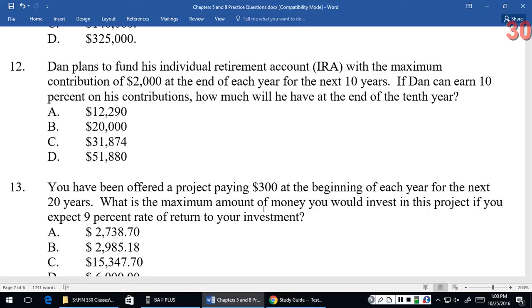Okay, so what kind of problem is this? Future value of what? You've only got two choices. An annuity. Okay. Now what kind of annuity? An ordinary annuity. Okay, that's exactly right. So in this case, we have